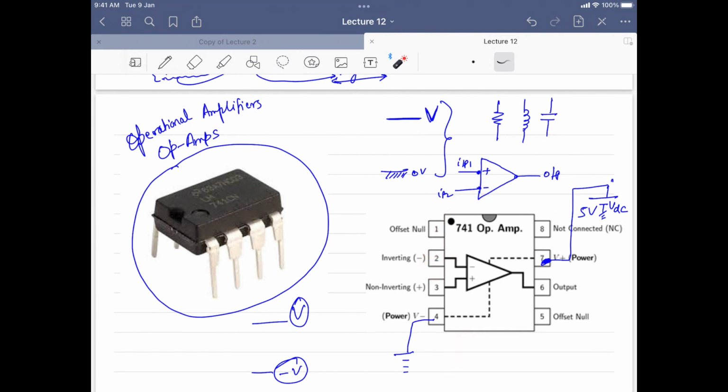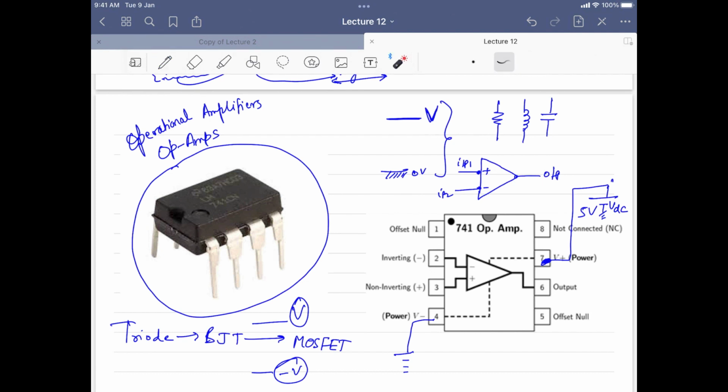To simplify and make this... Is this a triode? No, no, no, it's not a triode. Triodes were used earlier back in the 1970s, so they are gone. After triodes, BJT came, and then after BJT we have MOSFETs. So basically, I will show you what you are trying to ask for.